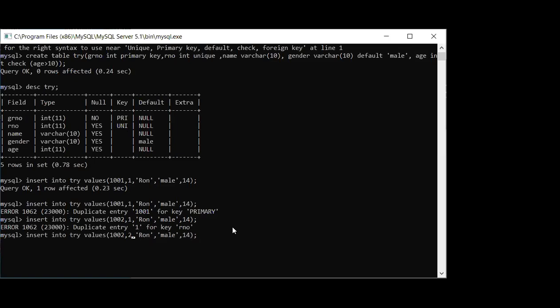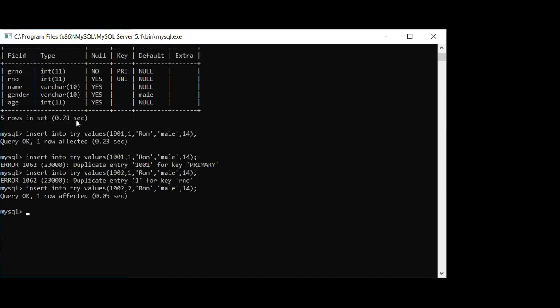We are assuming that we have, at the second roll number, another student, but with the same name. Fine. But his or her roll number must be different. Now you can see it is working perfectly. Remaining all information is the same, no problem. The reason is because we have not given anywhere that it must be unique. So this is what you are going to decide, what type of constraints you want to apply to your column.